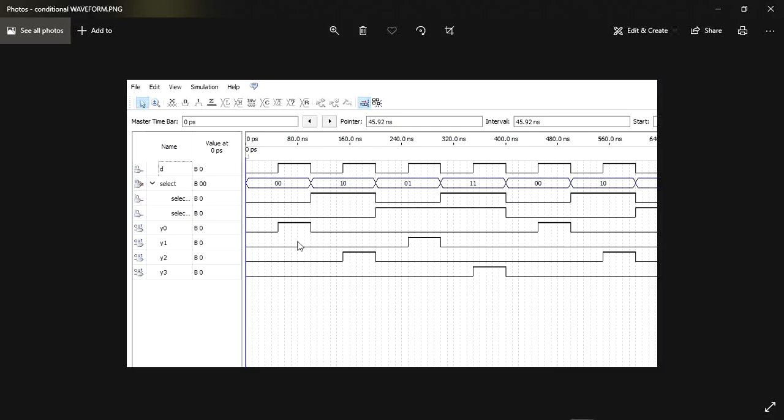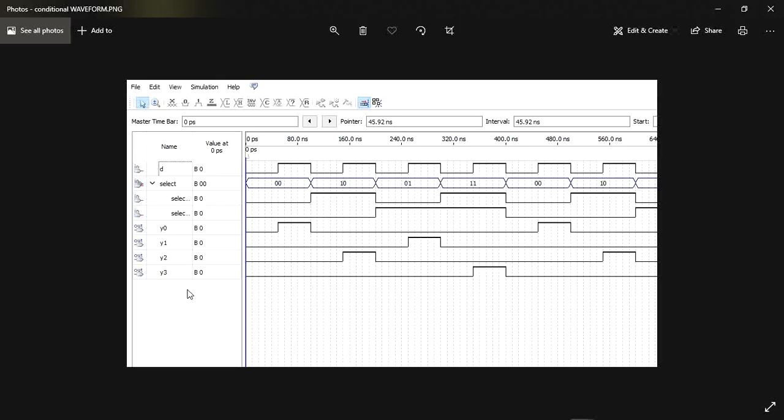For implementing our last output Y3 as 1, we have to give the input 1 and both of its selection lines 1. When the second selection line is 1 and the input is 1, then our fourth output is 1. So this is the final output waveform of our conditional statement.